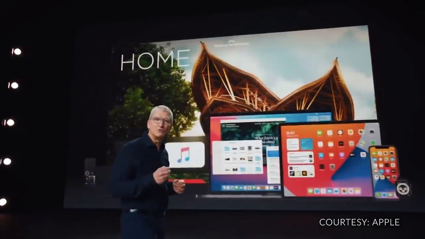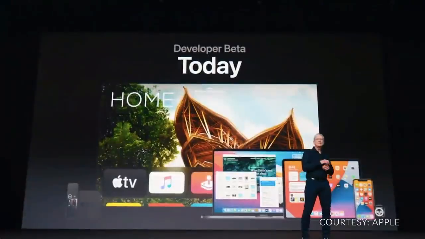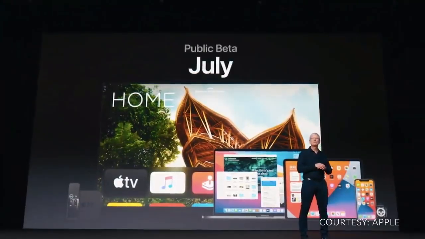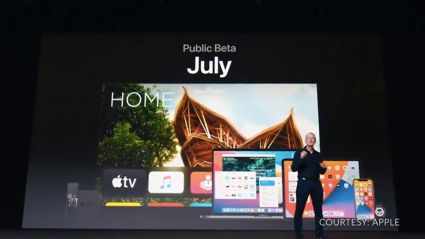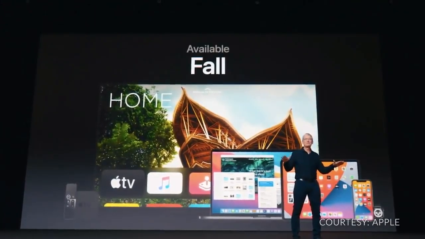Our OS releases will be available as developer betas today, and each of them will have a public beta, including watchOS for the very first time starting next month. And all of this great software will be available to our customers this